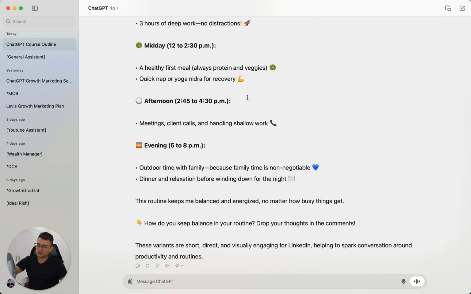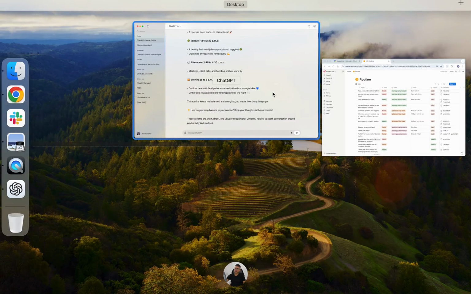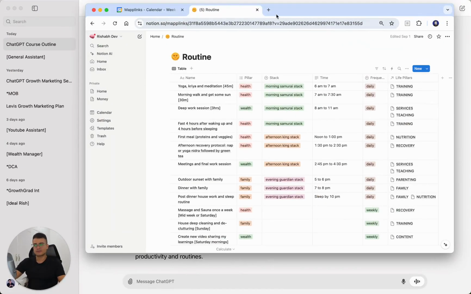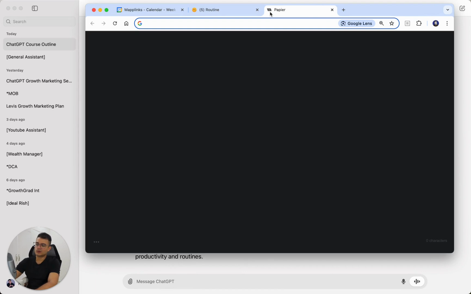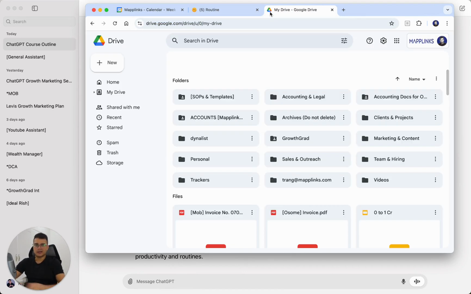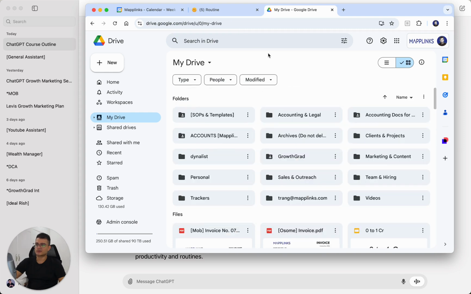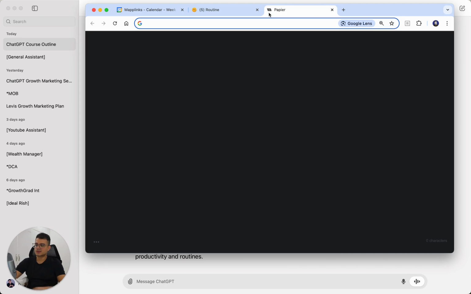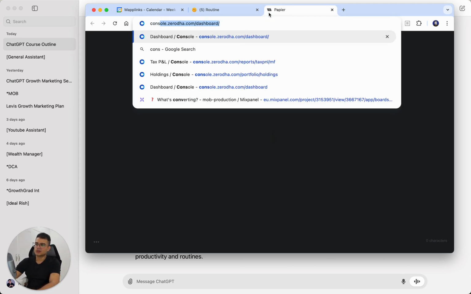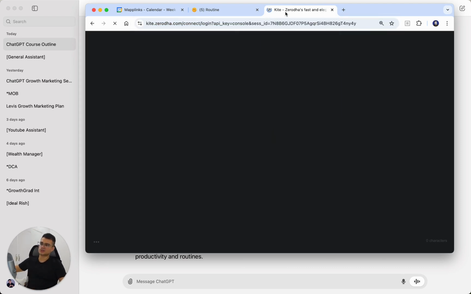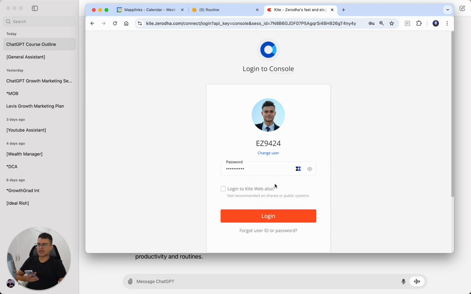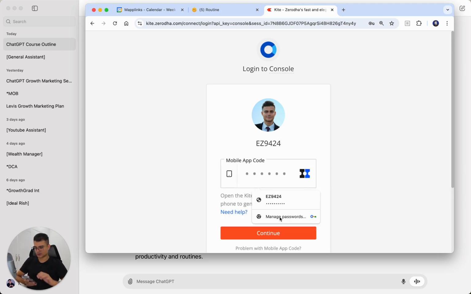What I'm now going to do is I'm going to go from here to investing. And I'm actually going to give it a file, which is my investing portfolio file, right? So this is an export of my investments. You could also give it a screenshot. And I think both of them are good options. Since we have discussed screenshot, let's go with the screenshot approach first. And then we are going to switch to